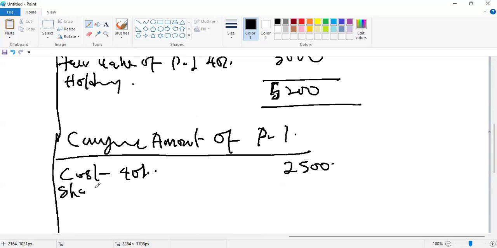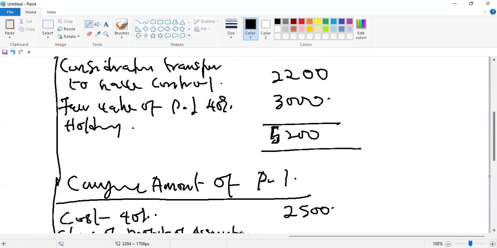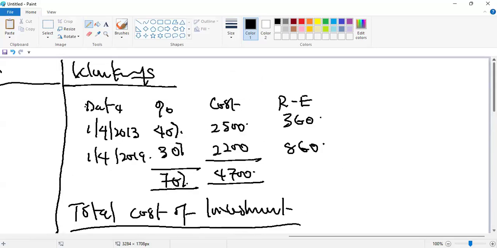Share profits of associates. This is the problem with this: if it is not a simple investment, it's an associate. You must share profits, and you must look at whether the profit has been recorded, has been reported. Does it carry it at carrying amount? How much profit is it going to collect? 860 minus 360 times 40%. Between these two dates, you must share profit to him.